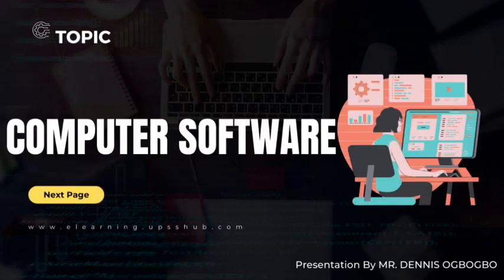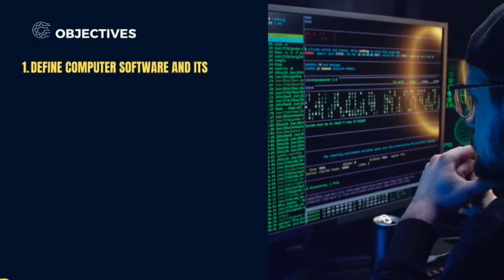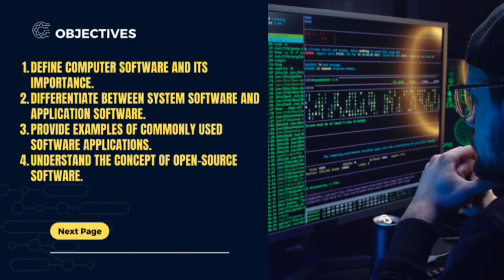Good day, students, and welcome to computer science class, our very first class of the term. Our topic is the computer software. And you will know that before the computer software was taught in your JS1, you were taught computer hardware. So we'll be entering into the computer software, and the aims and objectives of the class are that you'll be